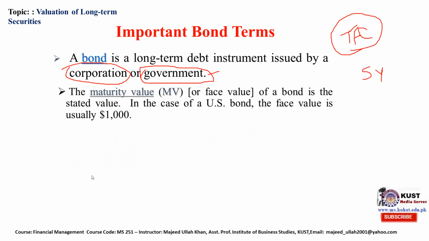Maturity value. What is maturity value? Maturity value means how much time is remaining in order to get the amount invested in the bond. A bond is basically one type of loan. So the maturity or face value of the bond is the stated value. In case of a US bond, the face value is often mentioned in thousands, $1,000. So maturity value means, let's suppose